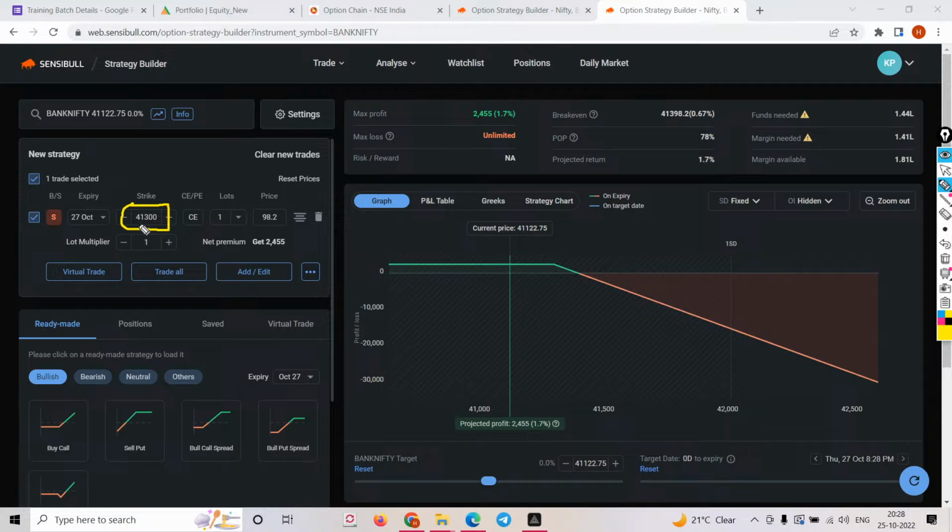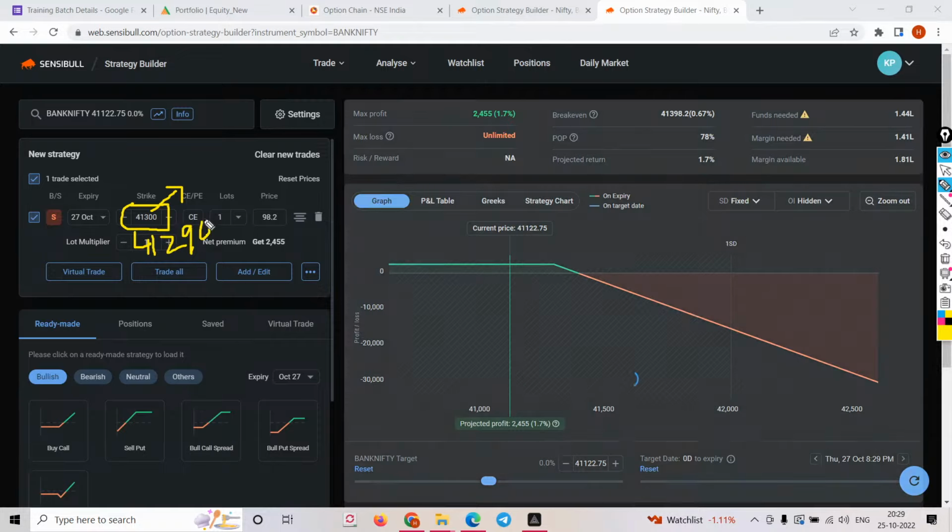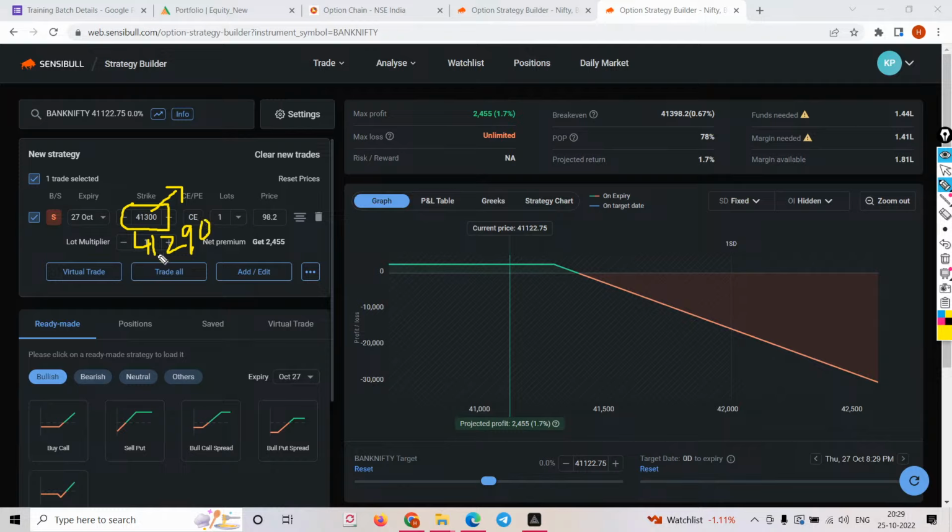This is one of the wrong myths in the market. Your view is that the market will stay below 41,300, that it is not going to breach 41,300, but that doesn't mean that you are bearish. Let's say 41,290 can be your view. Does that mean that for 10 points the market will be bearish? This is absolutely wrong, friends. Believe me. Many YouTubers will say otherwise, but whenever you sell any call, you should not say bearish. You should say my view is that the market will not breach 41,300. That doesn't mean that the market will be bearish. Hope you got my point.